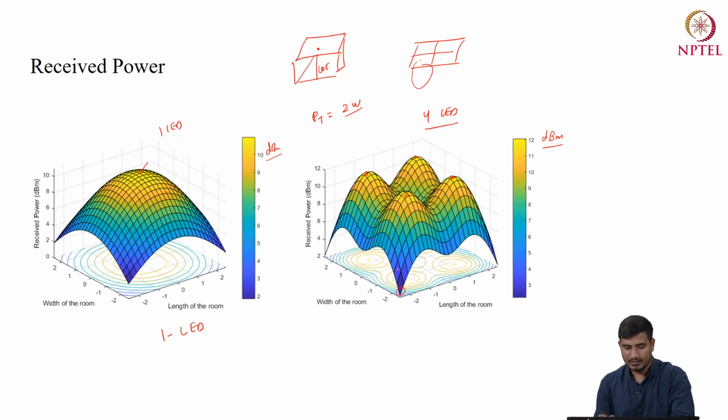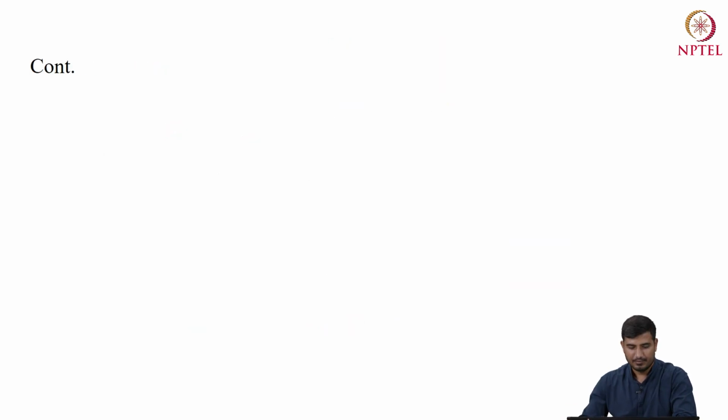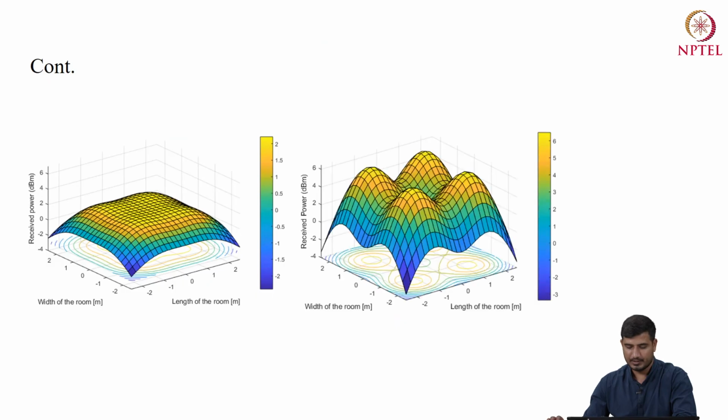So again, this is for the LED semi-angle value and the field of view value of 60 degree. Both these profiles, 1 LED and 4 LED, you can plot with different LED semi-angle configurations. You can see the variation. Like in our work, we have tried to plot this with improved LED semi-angle value,